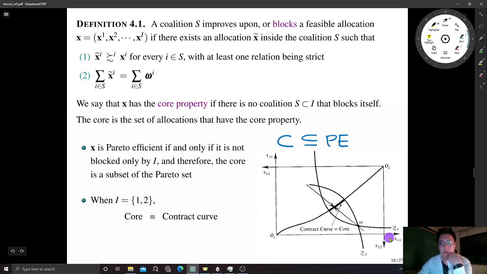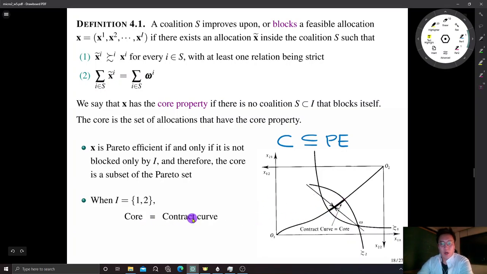All right, but in case of two players, so in case of two consumers, now we have an Edgeworth box right here. Then the core is going to be the same as the contract curve. The contract curve was defined as the portion of the Pareto set between the two indifference curves passing through the initial allocation. Right? That is the core because